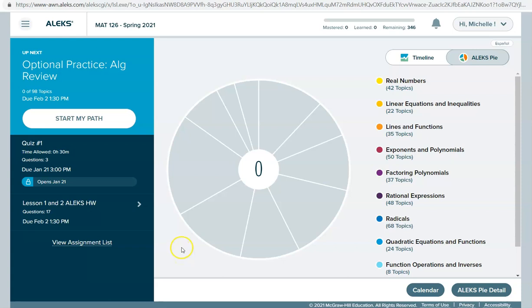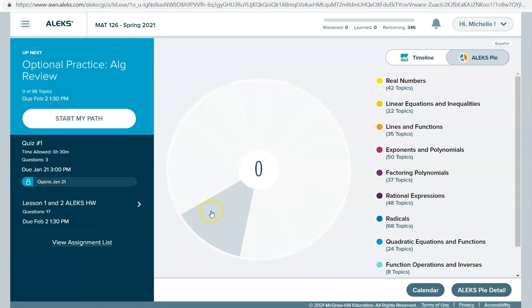So in my class, filling up this circle is completely optional. You could do it, you could give it to a friend, whoever. This is completely optional extra practice. So you don't want to click here where it says start my path unless you're looking for extra practice,